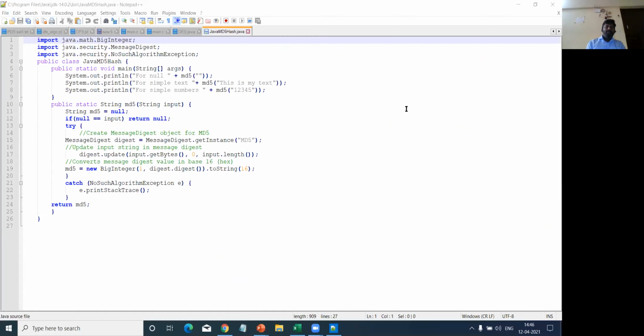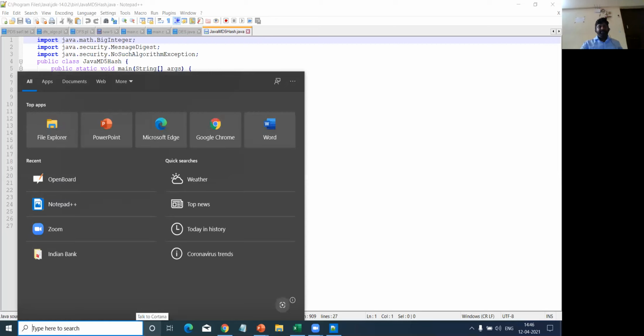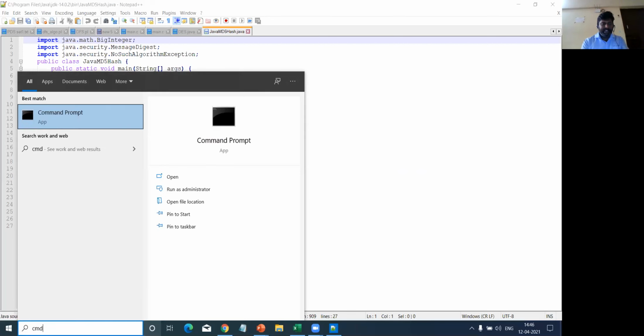Okay, so we'll move to the explanation part. Here is the program which I have, written in the Java language. I'll recap, but before that, I'll do a demonstration of how the coding part works. Then it will be easy for you to understand how the outputs are generated, as well as to understand the coding part.